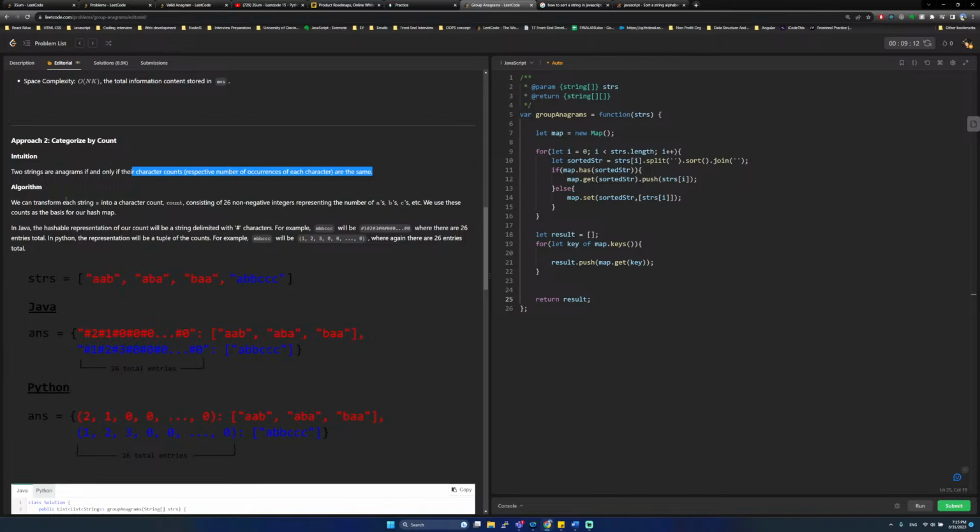We use these counts as the basis of the group for our hash map. In Java, the hashable representation of our count will be a string delimited with hash characters. For example, A, B, B, C, C will be